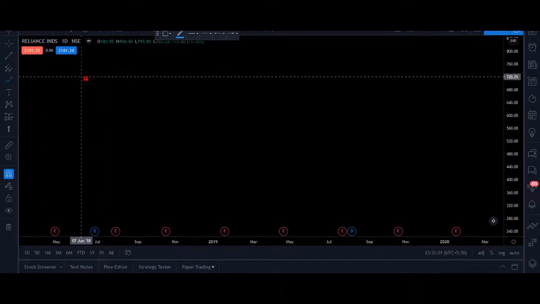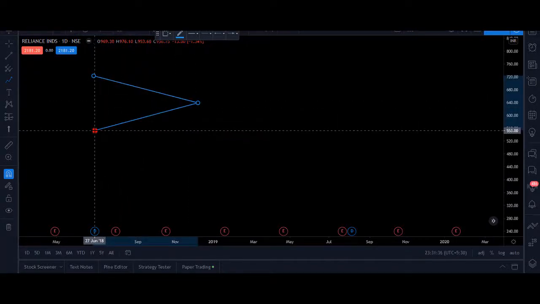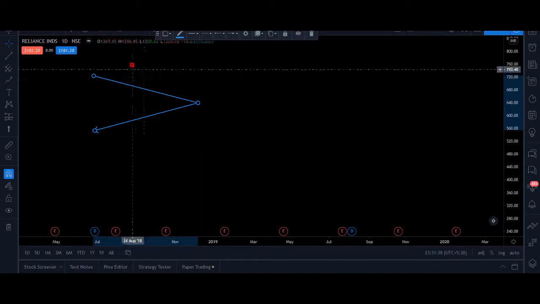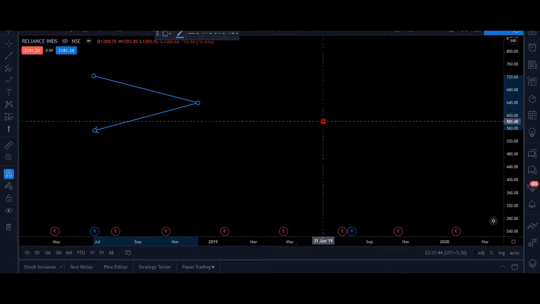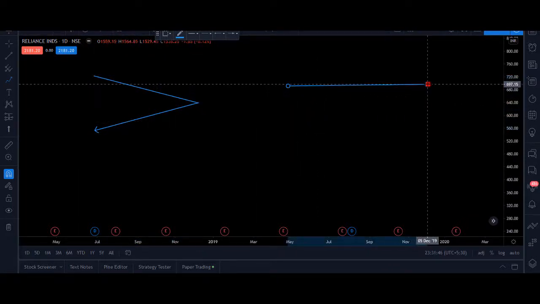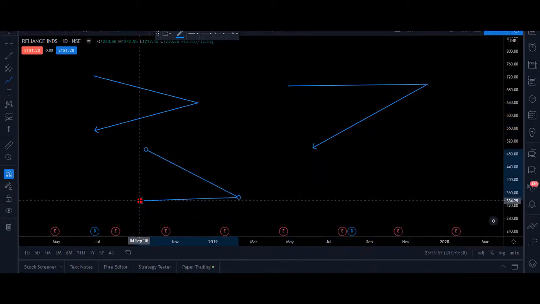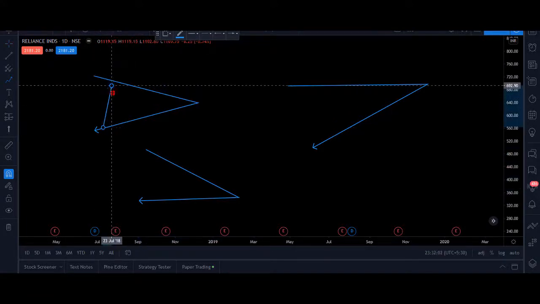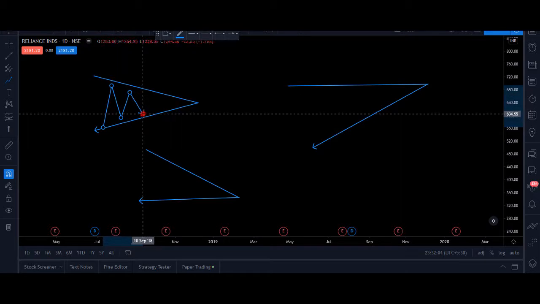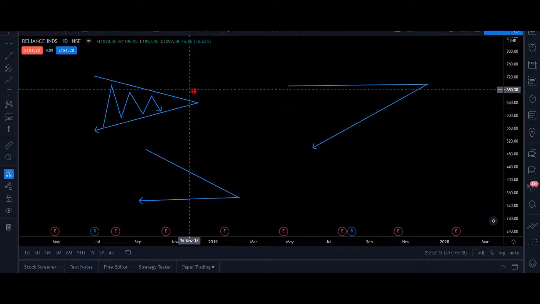Drawing a triangle is really easy. All you need is two trend lines, something like this. Mainly there are three types of triangle, and this is what we call a symmetrical triangle. The shape is symmetrical. Next is the ascending triangle, something like this. And the third one is the descending triangle, something like this. When I say triangle, the price moves inside like this. The stock price always moves inside the triangle, cycling between support and resistance, like in the symmetrical triangle you are seeing at the moment.